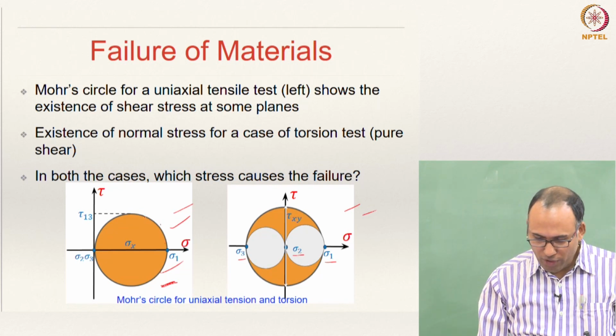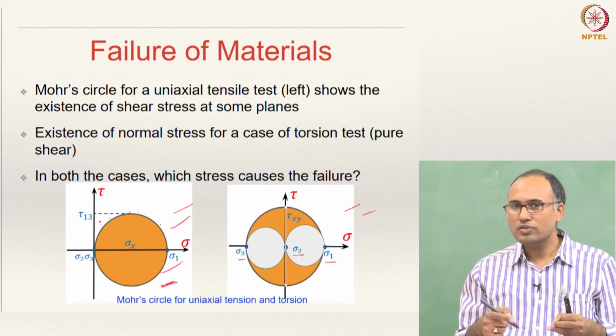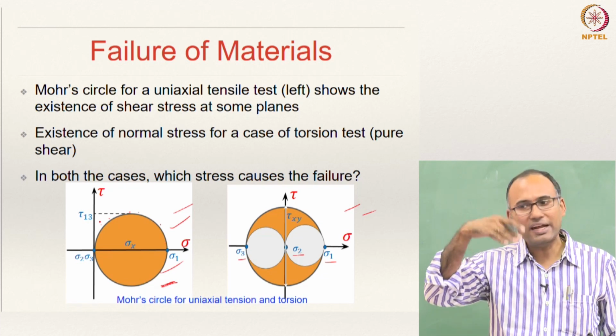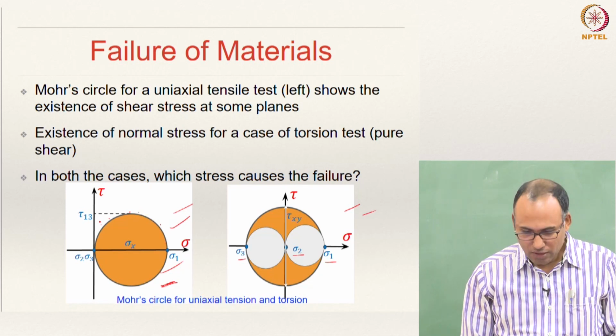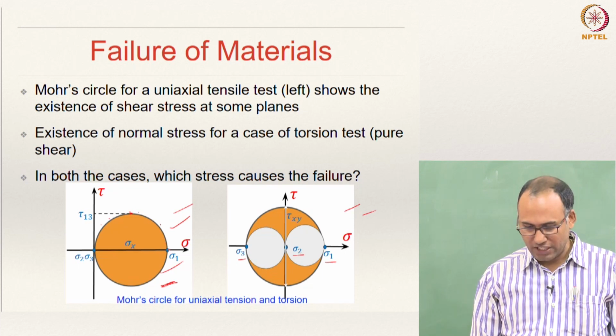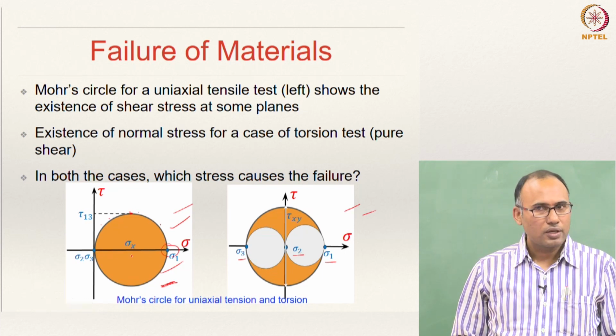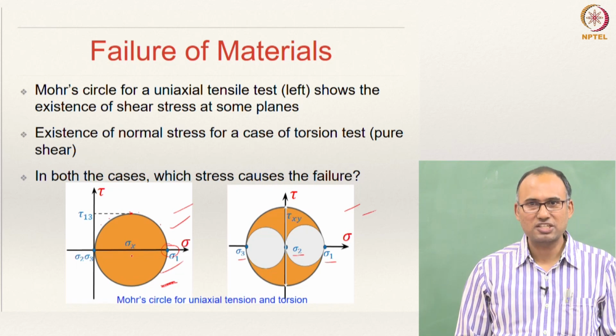So, each and every point on this Mohr circle's boundary is representing the state of stress at some other plane, right. So, you have for instance this plane at an angle of 45 degrees to the direction of application of your uniaxial load having a maximum shear stress, right.